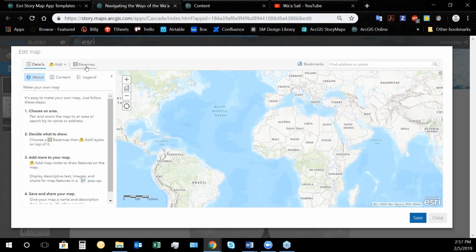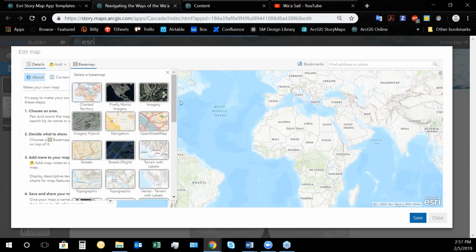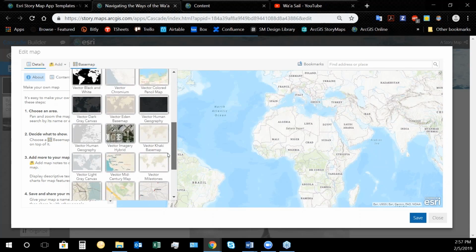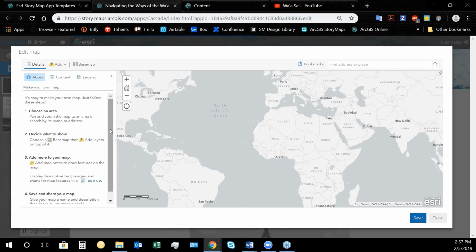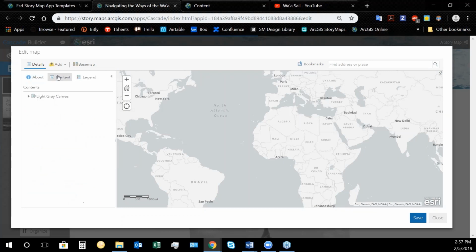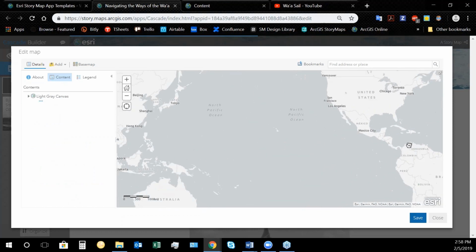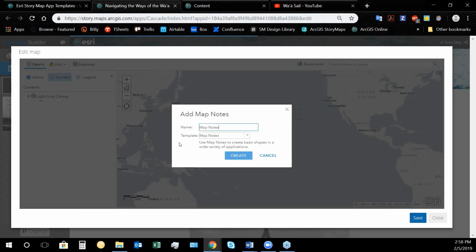So this is just a default web map, but I have a few basic options right out that I can change. If I click on base map, I can change what the overall look of the map looks like. I'm going to choose something kind of simple for now. Say this light gray map. And if I don't necessarily have a lot of data to show on this map, I can add some simple annotation, such as points and names that I choose. So in order to do that, if I click Add, there is an option here for Add Map Notes. And this is essentially annotation that is just saved with this map when I go to save it. I'm going to create that.